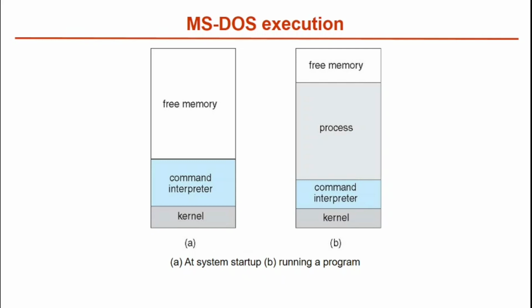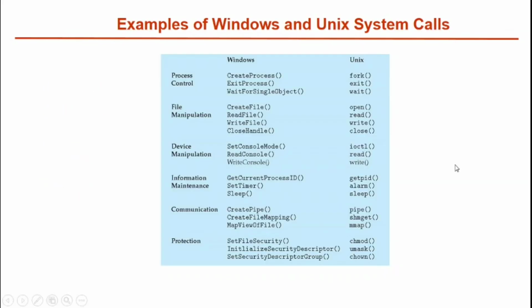So this is one example of system calls, that is process control. Of course, you can see the process control: CreateProcess for Windows, and fork command for Unix, that is the command to create a process. ExitProcess is the command for Windows, and exit is used for Unix, and WaitForSingleObject is for Windows, and wait for Unix. So these are the various system calls we are seeing, and you can see here getpid, that is the process ID for Unix, and GetCurrentProcessId, a unique process ID.